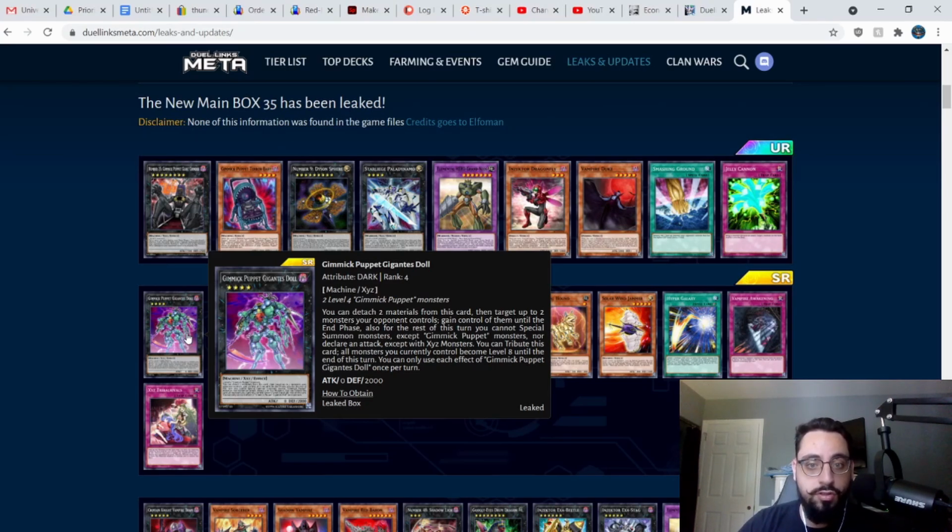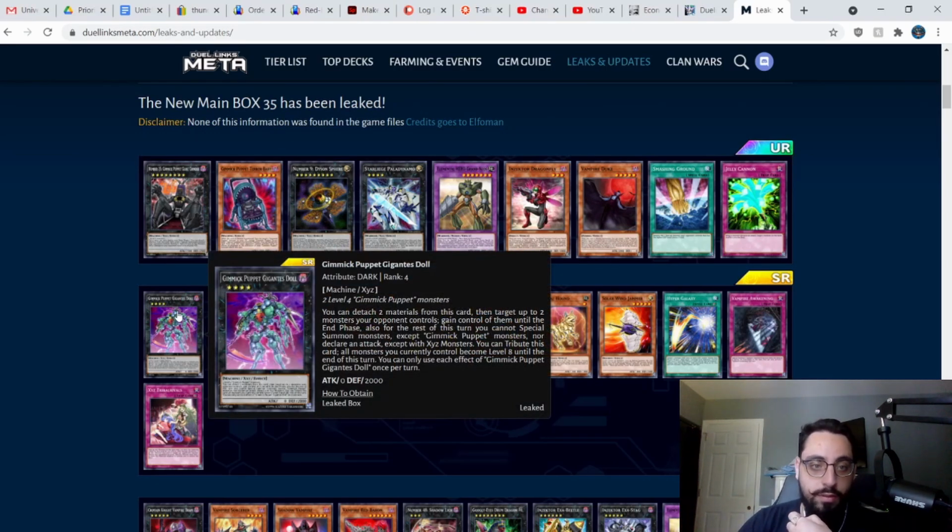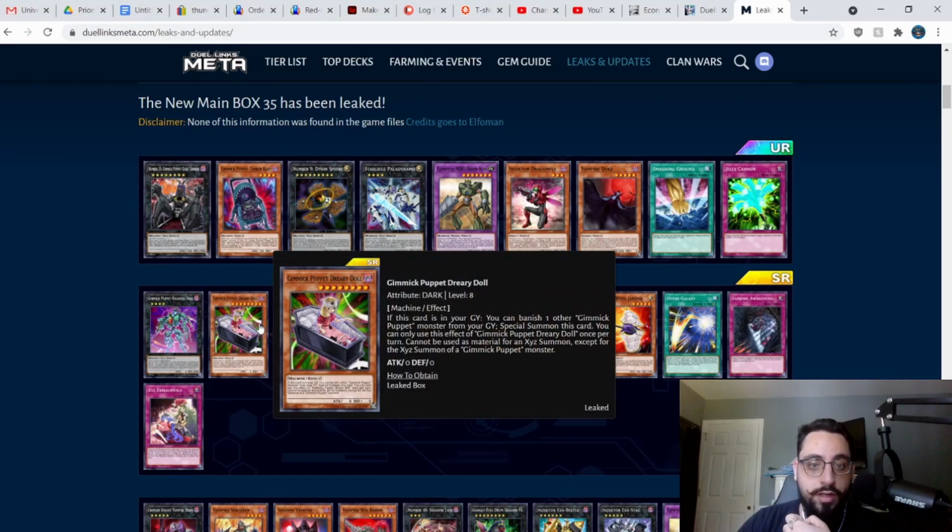All monsters you currently control become level 8 until the end of this turn. So you can detach 2 materials, take 2 of your opponent's monsters, tribute it, make them both level 8, Xyz summon with them. So you can just permanently take 2 of your opponent's monsters by using 2 level 4 Gimmick Puppets. Really cool card. Dreary Doll can, if it's in the grave, banish another Gimmick Puppet to summon itself back from the grave,